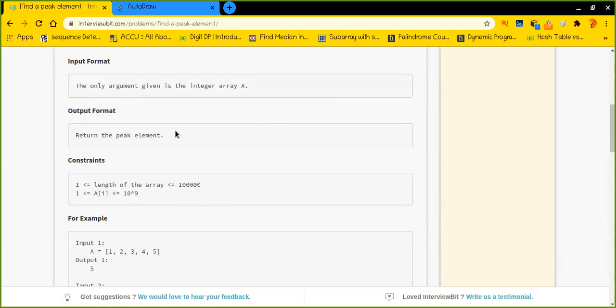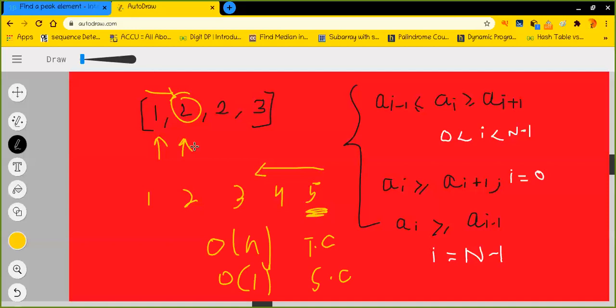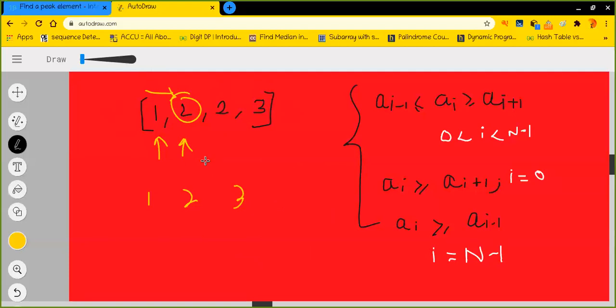So 10 raised to 5 is perfectly fine for an order of n solution, but we can do better. We should convince the interviewer with a better approach. Now let's look into some better approach, how we can solve this particular question.